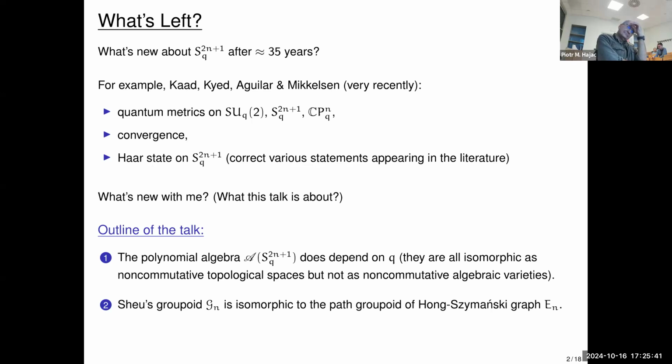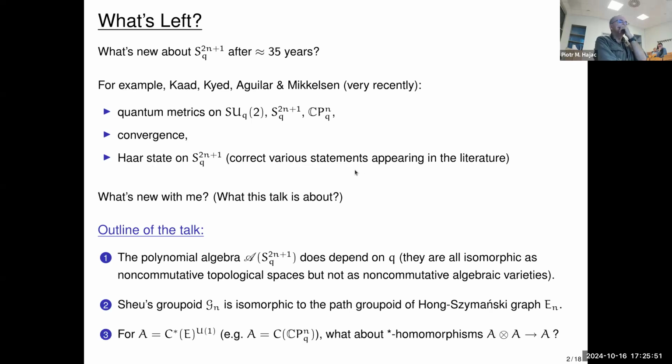So another thing that I would like to mention is, okay, these are isomorphic indeed, and I would like just to say a few words about this isomorphism, not much. And the third point is the most mysterious, maybe the most interesting, and here,